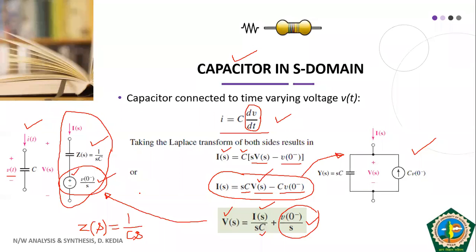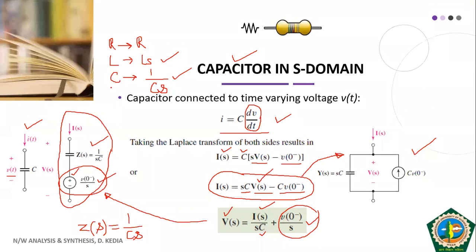If I conclude my discussion on representation of capacitor, inductor and resistance, so in Laplace domain, R will remain R. Okay. If you have L, L will become LS. Okay. And your C, C will become 1 by CS. Okay. This is what you have to memorize or remember. Okay. Obviously with LS, there will be some initial conditions. With 1 by CS also some initial conditions are there.